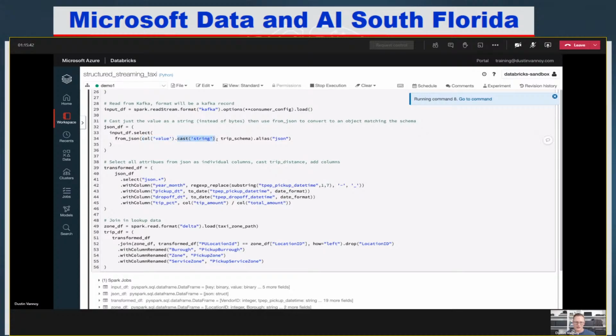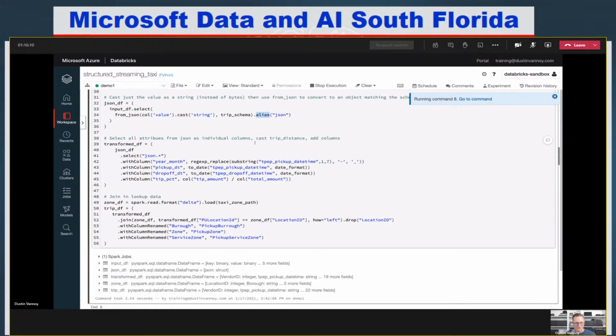I cast that as string, so I can then work with it as a string of JSON data. And then I have this from_json function, which is going to say, I've got a string of JSON data, convert this to a JSON object that I can then reference easier. So I do from_json, I give it a schema, so that the Spark schema we set up above matches what this JSON data is, and I can pass that into my from_json function. And then finally, I give it a name. I'm just going to call this column json. Pretty easy and simple there.